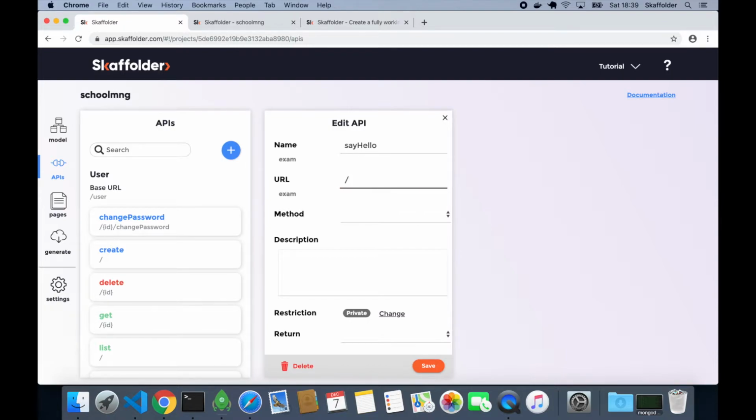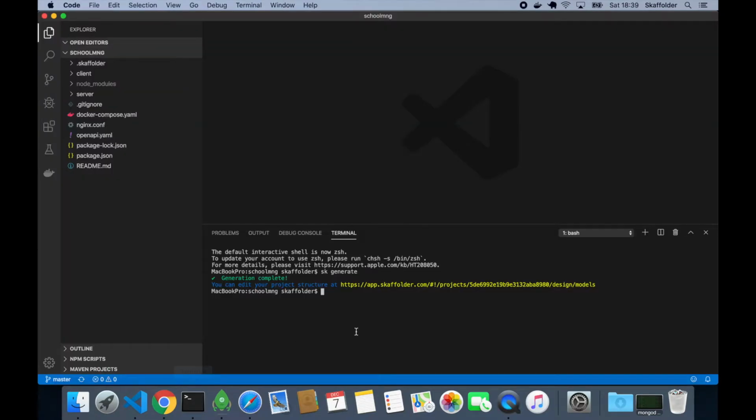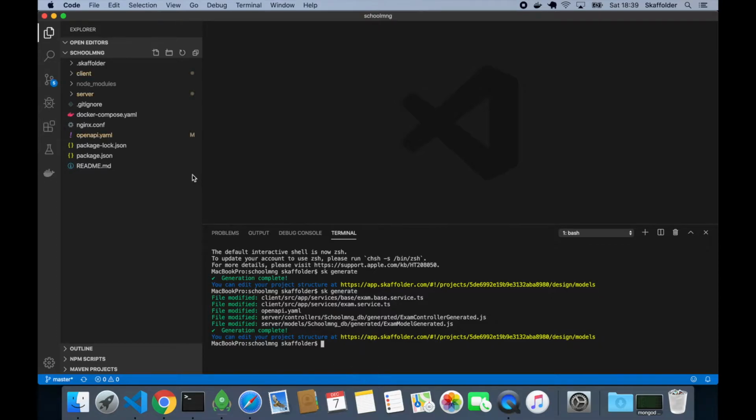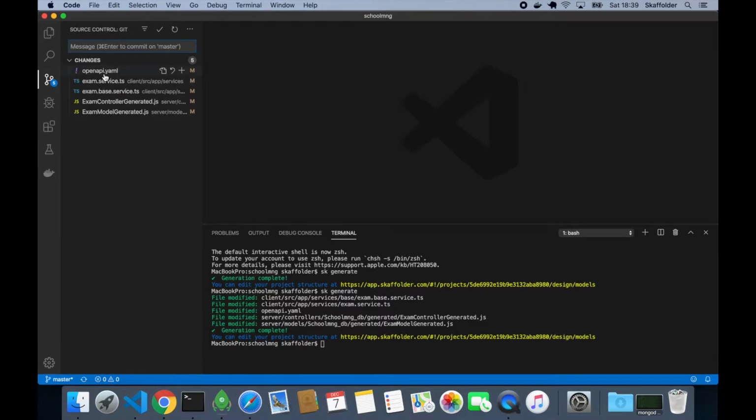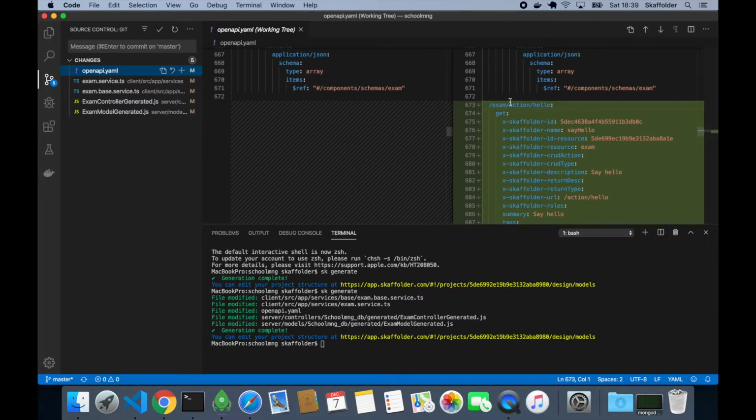So at the URL /action/hello, method get, with a description that could be say hello, and we can set it as public. If we save it and we go back in our IDE, and in the command line we type skgenerate again, now we got some new files that are the OpenAPI, where there is the YAML definition of our new API